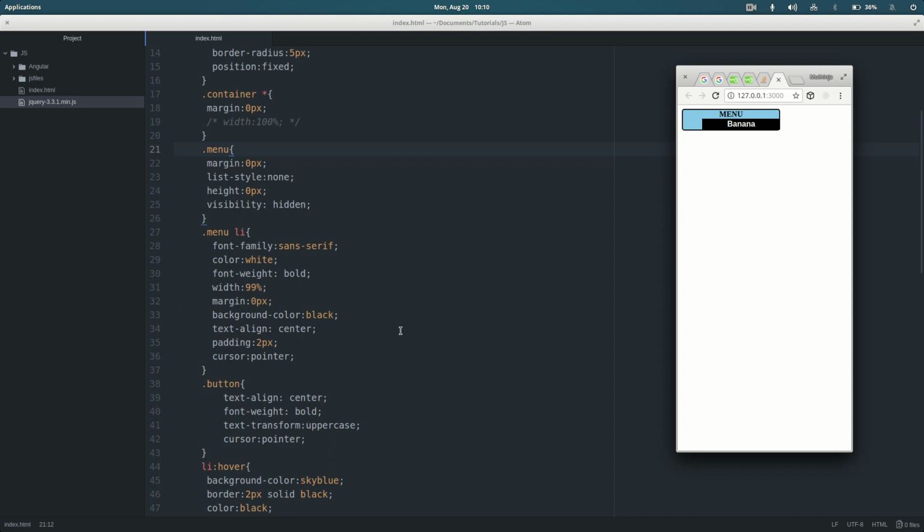Set background color to black, text align center, which carefully centers its text, and then padding of 2 pixels so that you can create a kind of space between the texts. Cursor pointer,